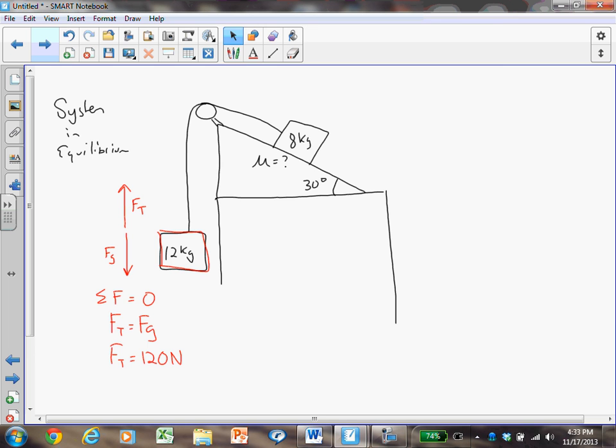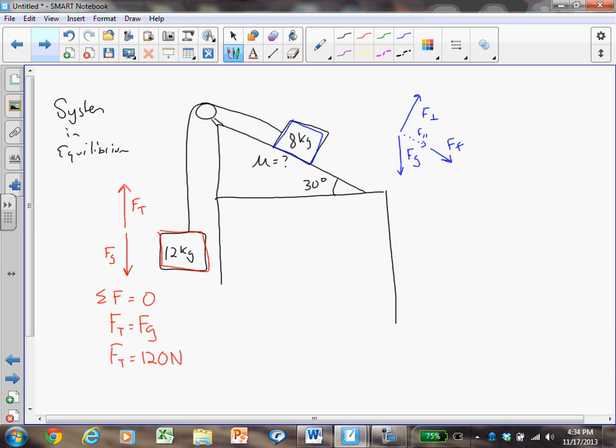Now for the block over here, make that blue, we have F perpendicular, Fg, we have the F parallel, part of Fg in the plane, and we also have friction, which is going in that same direction, so we'll put that here as well. Friction, force, keeping the block from sliding up, because if this is allowed to go, the 12 kilogram, well, that